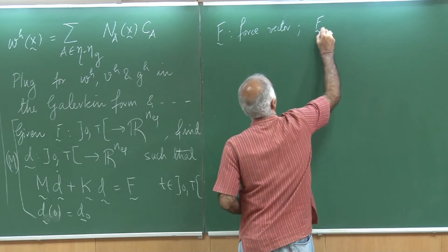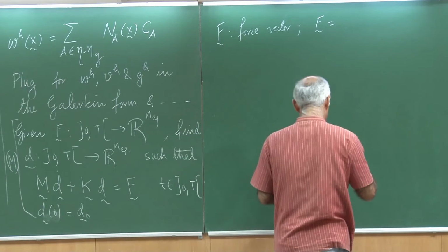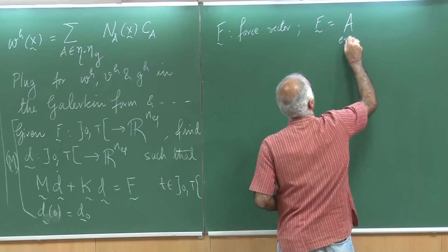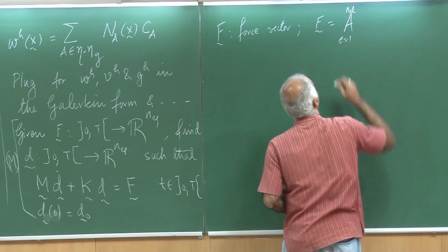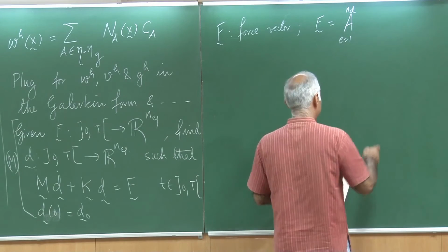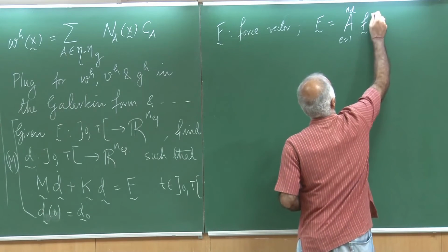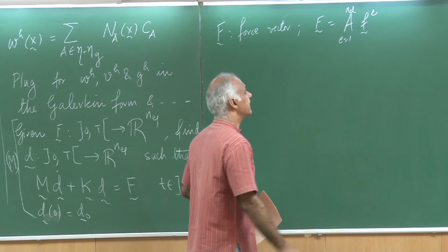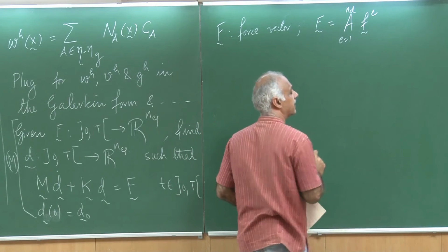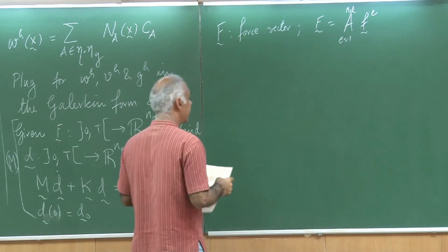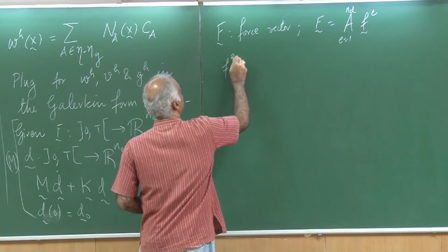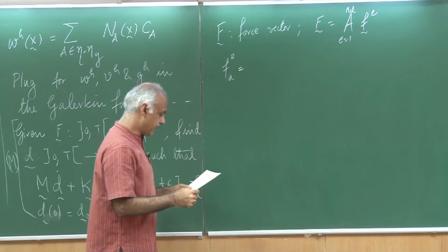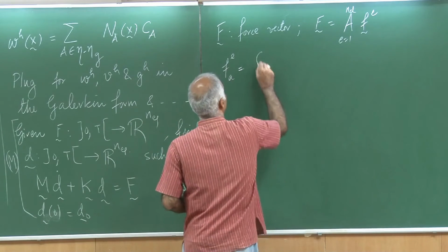So, F is obtained by the assembly of e going from 1 through number of elements of these F^e. So, these are the element level force vectors, and one can define F^e_a. So, this is the element of each of these force vectors, and they are going to be given as,